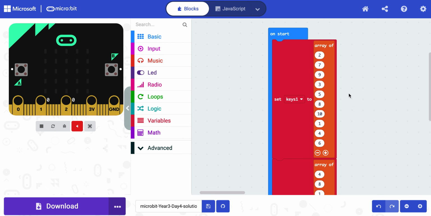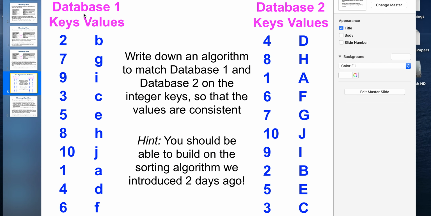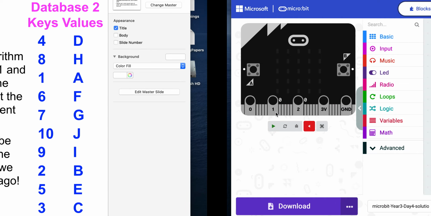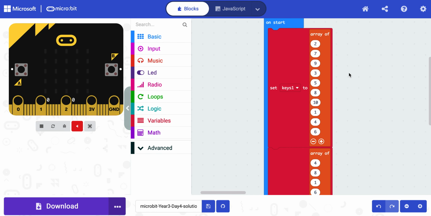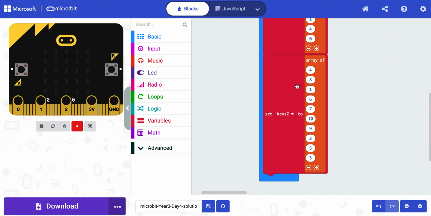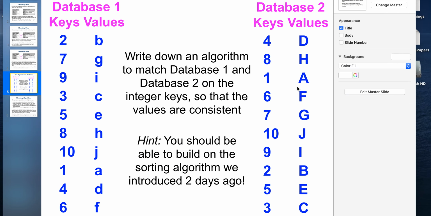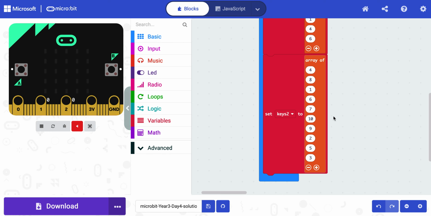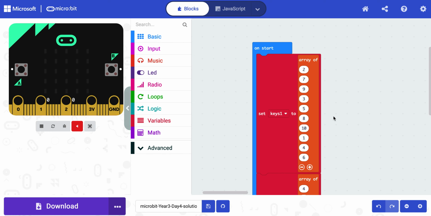So just like in the sorting problem, I've initialized my arrays. Now, if you remember, I said we had two databases and they had keys 2793510, 4816710, so in different orders. And here I've set up two arrays, one called keys1 and one called keys2, that display the key values out of order. So this is identical to the sorting algorithm from a couple of days ago, except